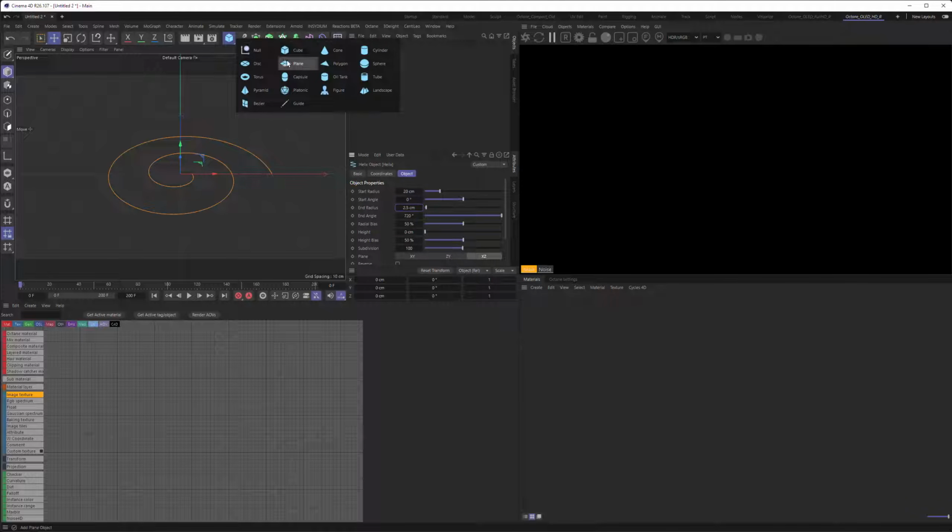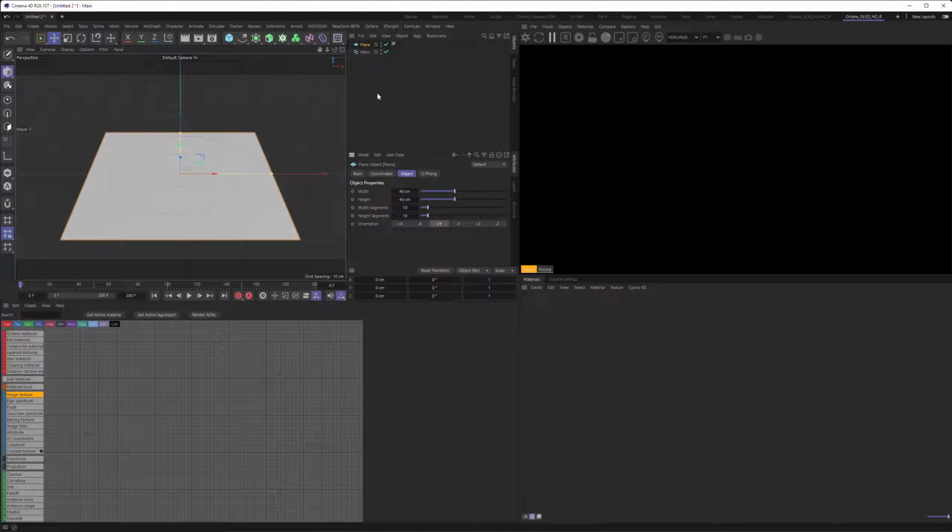Let's make a floor real quick by adding a plane. And then we want to clone something on there, so let's add a cloner. To clone something on there, we need something, so let's create a sphere real quick and make it a size of 0.5. Maybe 1. Yeah, 1 is better. And put it inside of the cloner. Then we want to go to the cloner and set it to object mode and move the spline into the cloner. Great, so we have our clones moving in that spiral.